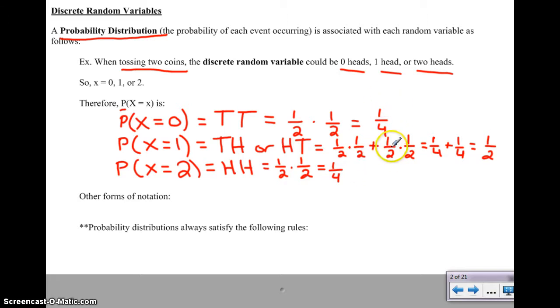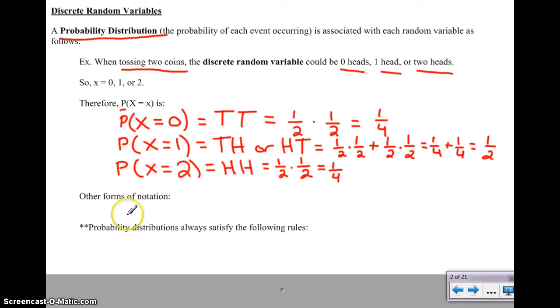So every time that you do this, you notice that you can add up your probabilities, and you should always get 100%. So 1/4 plus 1/2 plus 1/4 equals 1. So I know that one of these has to happen. There's no wiggle room for another situation to occur. So my whole probability distribution takes into account anything that could happen, all right? And everything here was countable. I can count how many heads or tails actually occur when I'm flipping 2 coins.